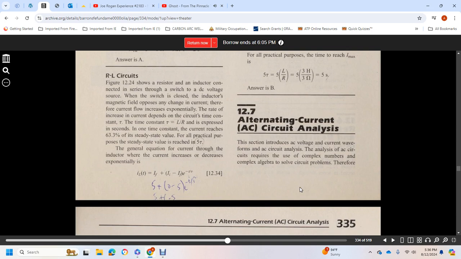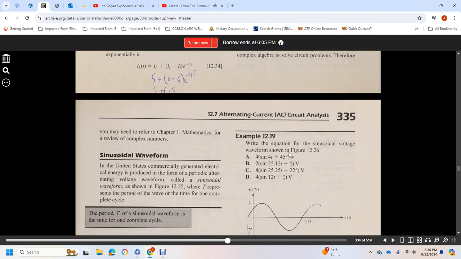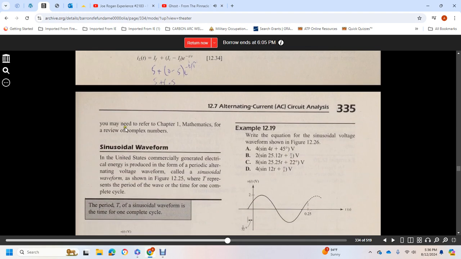Alright, 12.7, alternating current AC circuit analysis. This section introduces the AC voltage and current waveforms. The analysis of AC circuits requires the use of complex numbers and complex algebra to solve circuit problems. Therefore, you may refer to Chapter 1, Mathematics Review, for complex numbers. Sinusoidal waves: United States commercially generated electrical energy is produced in the form of a periodic alternating voltage waveform, a sinusoidal waveform shown in figure